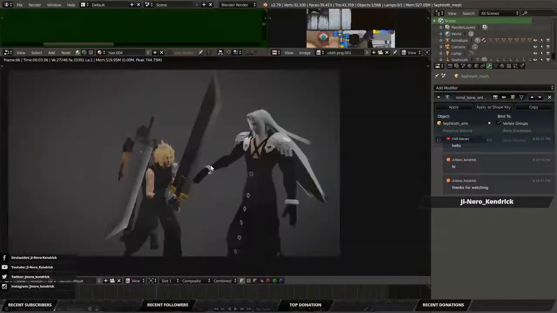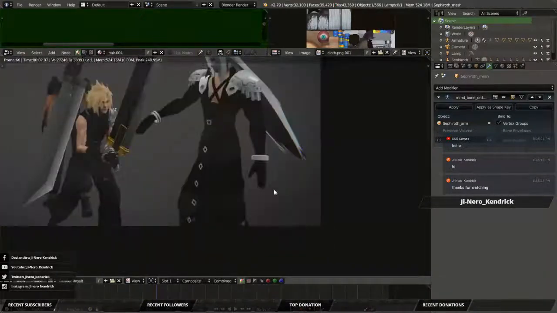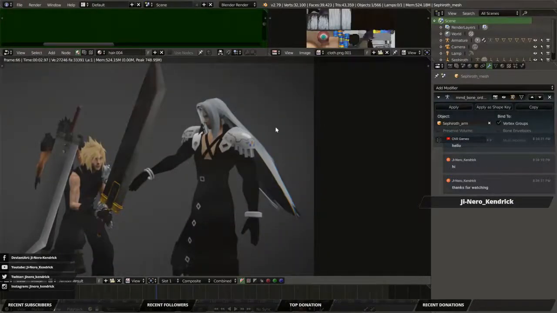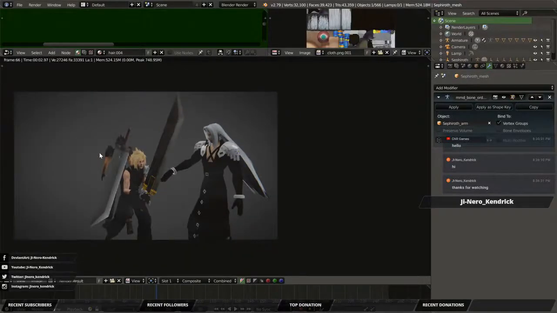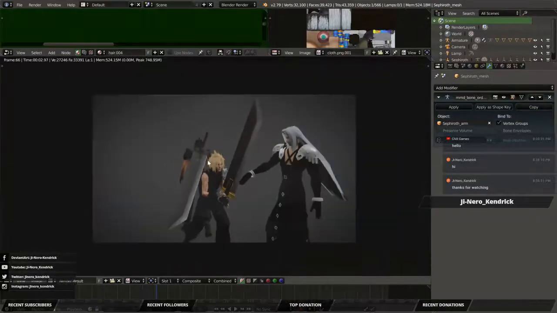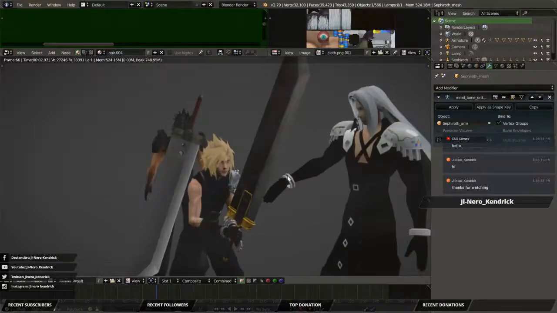Yeah, but I'm having a lot of fun with this. Let me re-render. Just more of that curve. I'll probably be doing the same thing too, kind of splaying outward like that. I might need to move the camera around some more. I would have preferred for it to look a little different, but I think by moving around Sephiroth's coat, it'll make it look a little bit more dynamic. With Sephiroth's sword in place, that'll also make things look a little more interesting. I think I might also add some